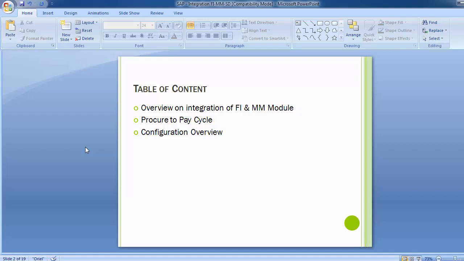And when we move to the third part, when the organization sells the finished goods to the customer, they have to proceed with the sales process, that is making a sales order, then the delivery and the billing are done, and it goes to the SD module, which is the sales and distribution module.